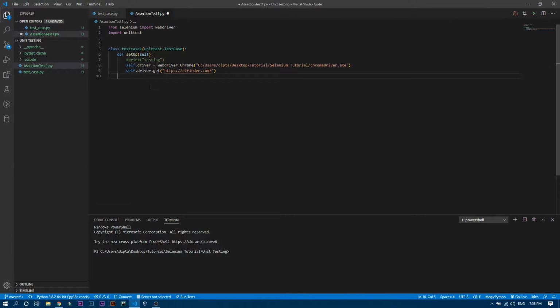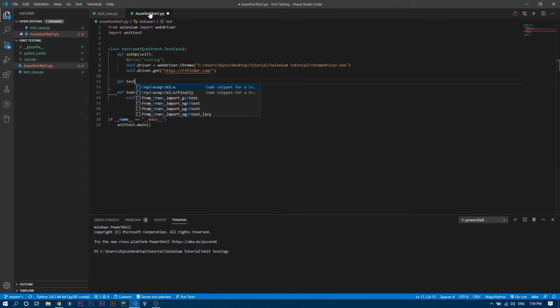First of all, obviously we need to write a class name, and that will include the setup and tear down. The setup will basically open the driver, and the tear down will basically close the driver. In between, if you make any function that starts with the word test, then it will perform that thing. So we're going to write over here def test, sorry, test assertion,